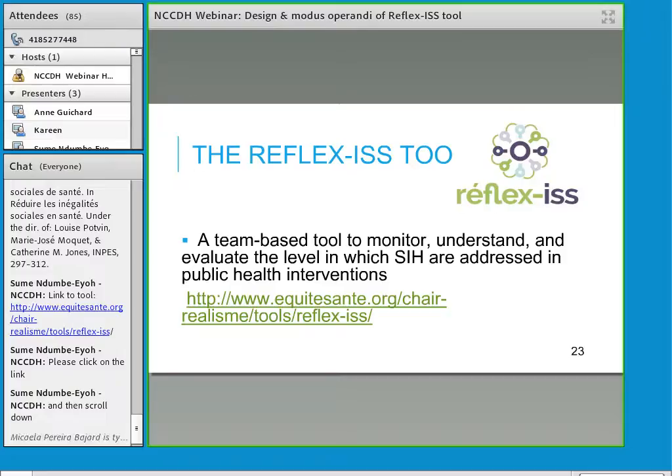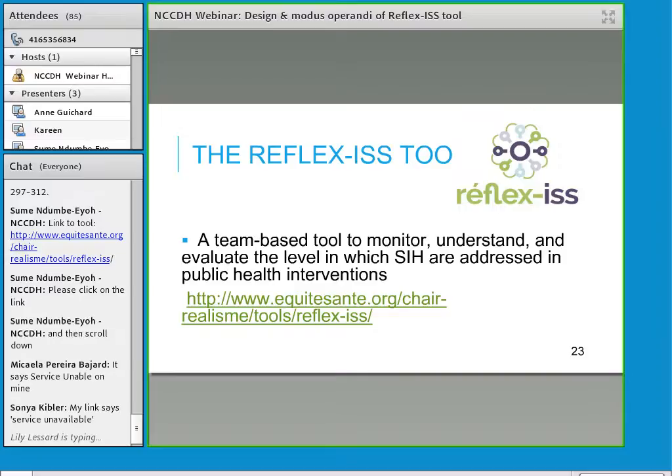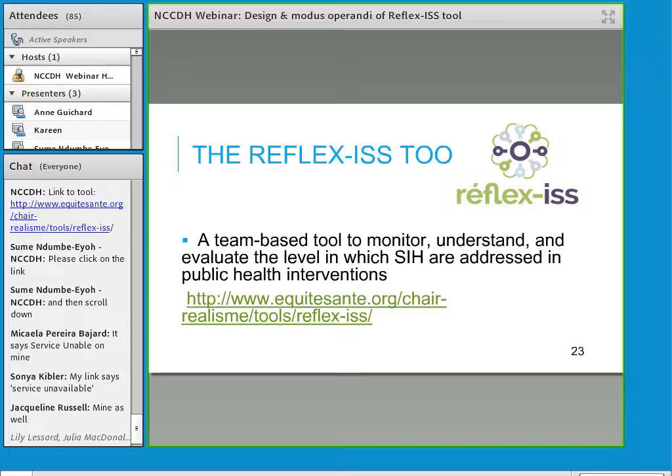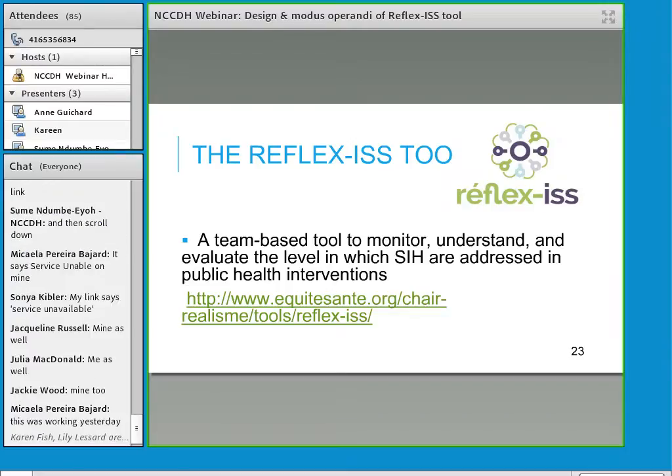Is it okay? It's taken a little bit of time to load on my screen. I'm not sure if other people are there yet. I see a few people writing in the chat box. Okay, so some people are having some trouble accessing it. Yes, I don't succeed to. So I know the link works because I was on the website this morning. So you can try the link later on your own.